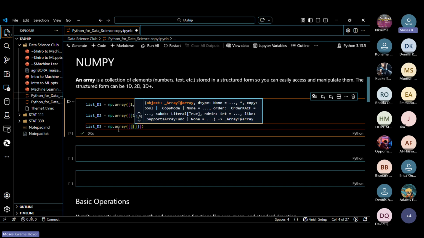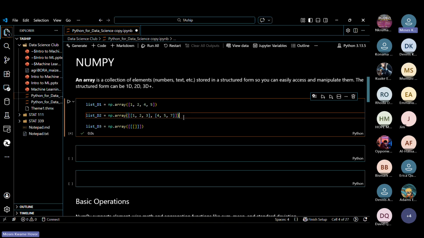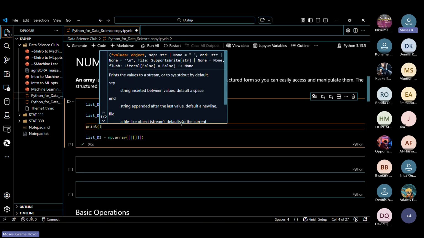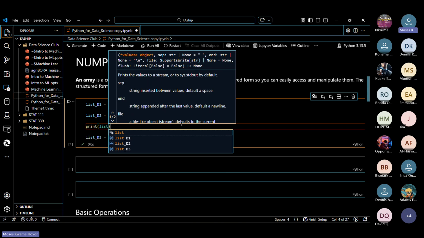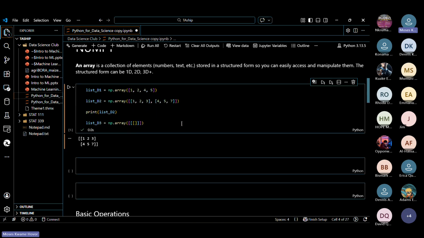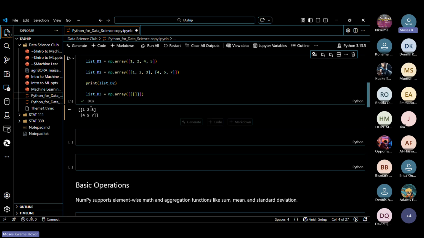Before that, I think I didn't show you the 2D. Let's see how the 2D is. I'm going to print D2. As you can see, this looks like a matrix, a 2 by 3 matrix. This is how the 2-dimensional array looks.